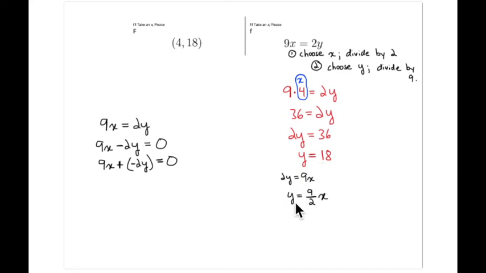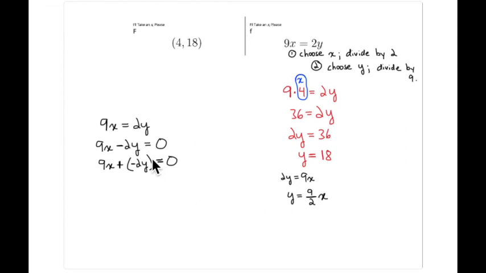All right, the slope-intercept form: again, I'm going to flip this over the equal sign. So I have 2y equals 9x. And so y is equal to 9/2 x plus 0, by the way. So the y-intercept is 0 and the slope is 9/2. So every 2 units along the x-axis, you go up 9 units, or 2 units in the negative direction is going to go down 9 units. That's what that